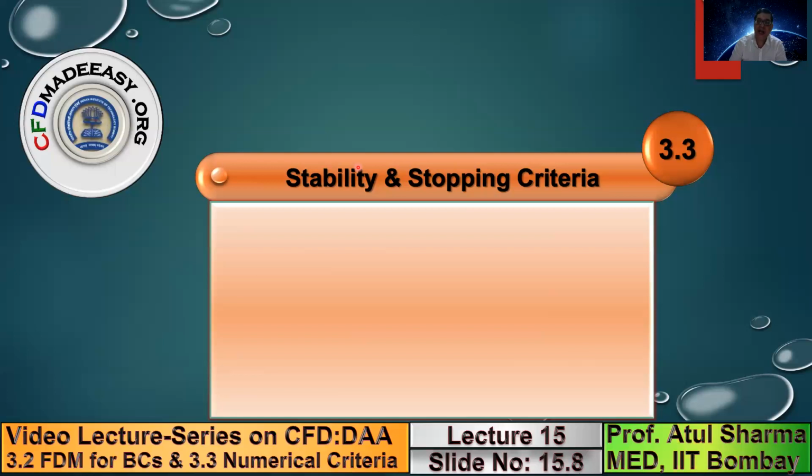That will be presented here, where we'll talk about when to consider that our numerical simulation has reached steady state. There is a formula corresponding to it. So I'll present two different formulas: one corresponding to the stability criteria, which gives you the limiting time interval, the maximum delta t that you can take for an explicit method, and a stopping criterion, where I'll give you a formula which will help you check, at each time step after you have done the simulation, whether your results have reached steady state.